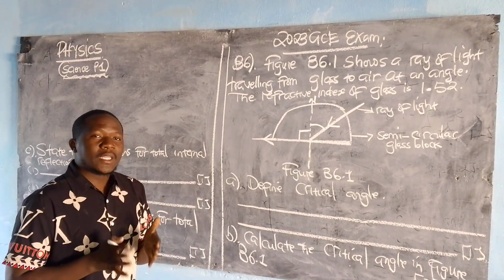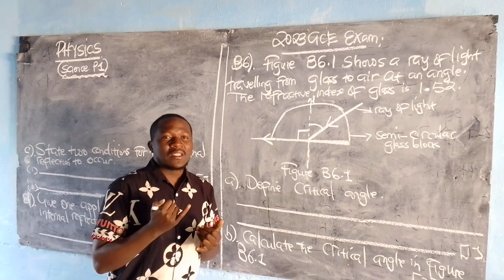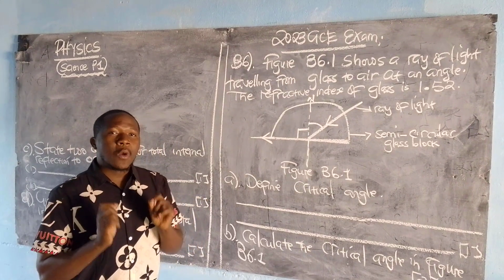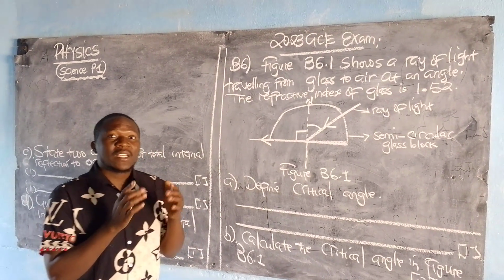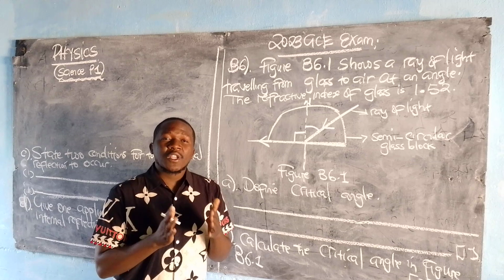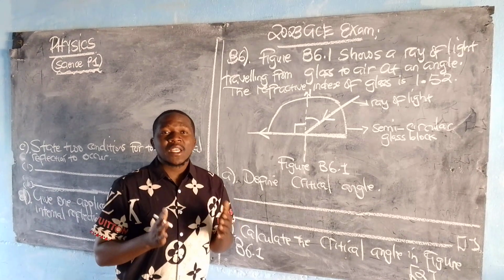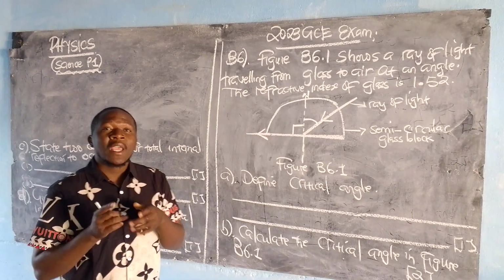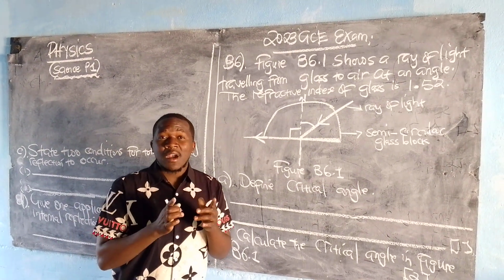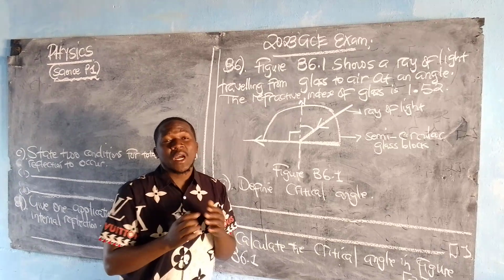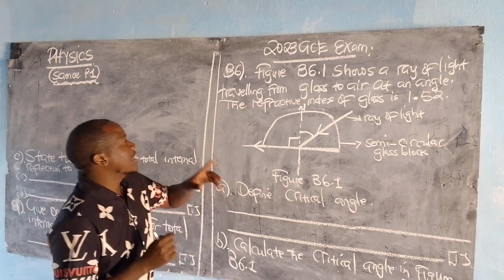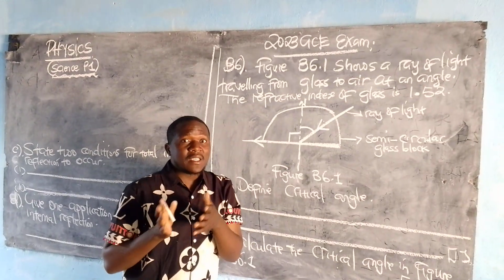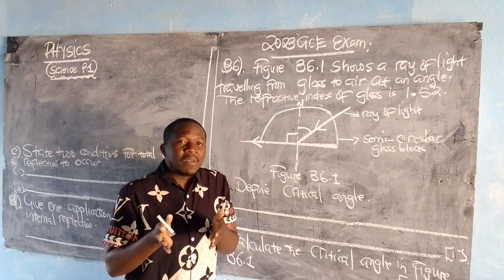So when we talk about light, we can have the reflection of light, which is the bouncing back of light when a ray of light approaches or touches a shining surface. We also have the refraction of light, which is the bending of light when a ray of light is traveling from a less dense medium such as air to a denser medium such as water or glass. In this instance, the direction is vice versa. It says glass to air, and glass is denser than air, which simply means we are going to have